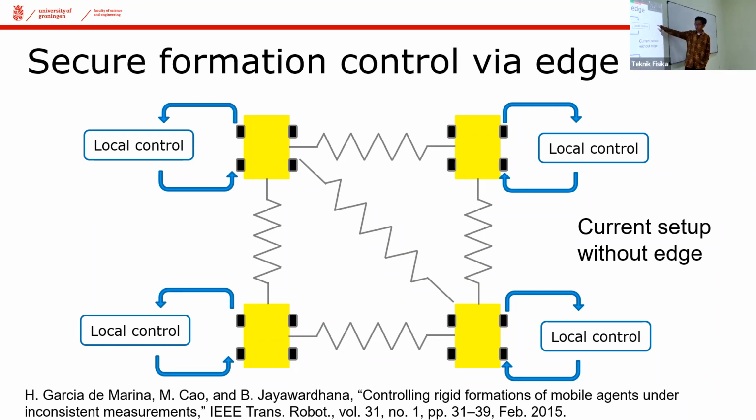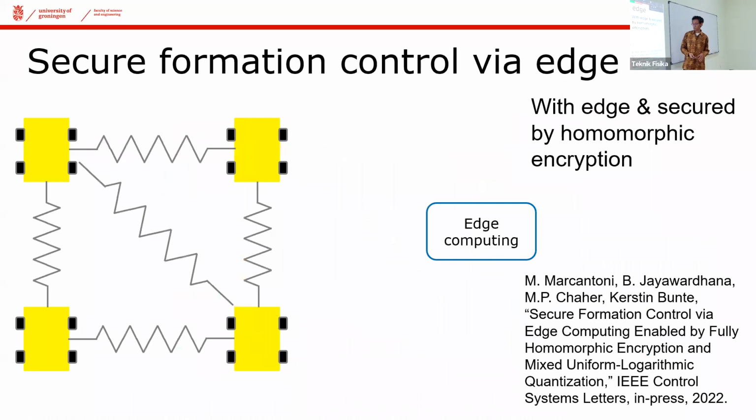Now, in the current setup, everything is implemented locally. But if it is difficult to have a computing unit there, we would like to see whether we can implement it at the edge. Now, if we imagine the current technology for implementing a controller at the edge, even when we think about cybersecurity, what we can imagine is that for every sensor's measurements, you encrypt the information and send it to Google Cloud, but if you would like to implement your controller, Google Cloud needs to know the key.